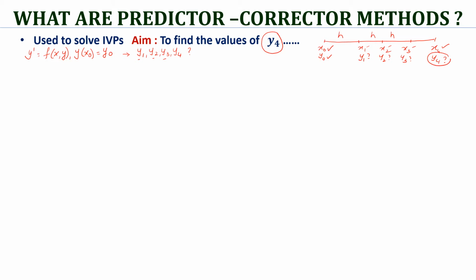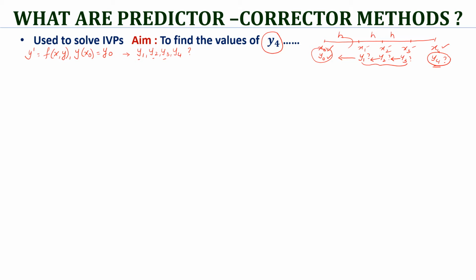Now what does this mean? To create y4 using these methods, we are supposed to know the values of y1, y2, y3 along with y0. y0 anyway we know because it is our initial condition. But now we have to see how we get y1, y2, y3. Are they given to us in the problem or is there a way to find them? Definitely they may be given in the problem. If not, we can use single step methods to evaluate y1 using y0, y2 using y1 and y3 using y2, using any one of the methods.